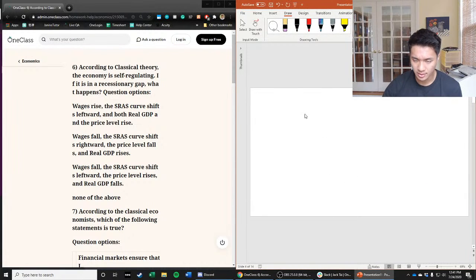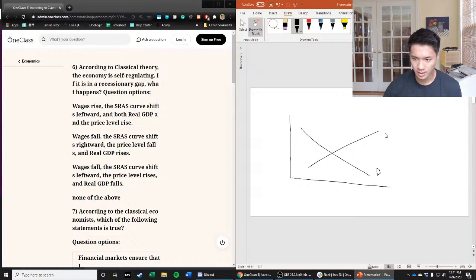If we draw this out at the market level, in the labor market, we have our labor demand and labor supply. Unemployment looks like excess labor supply and